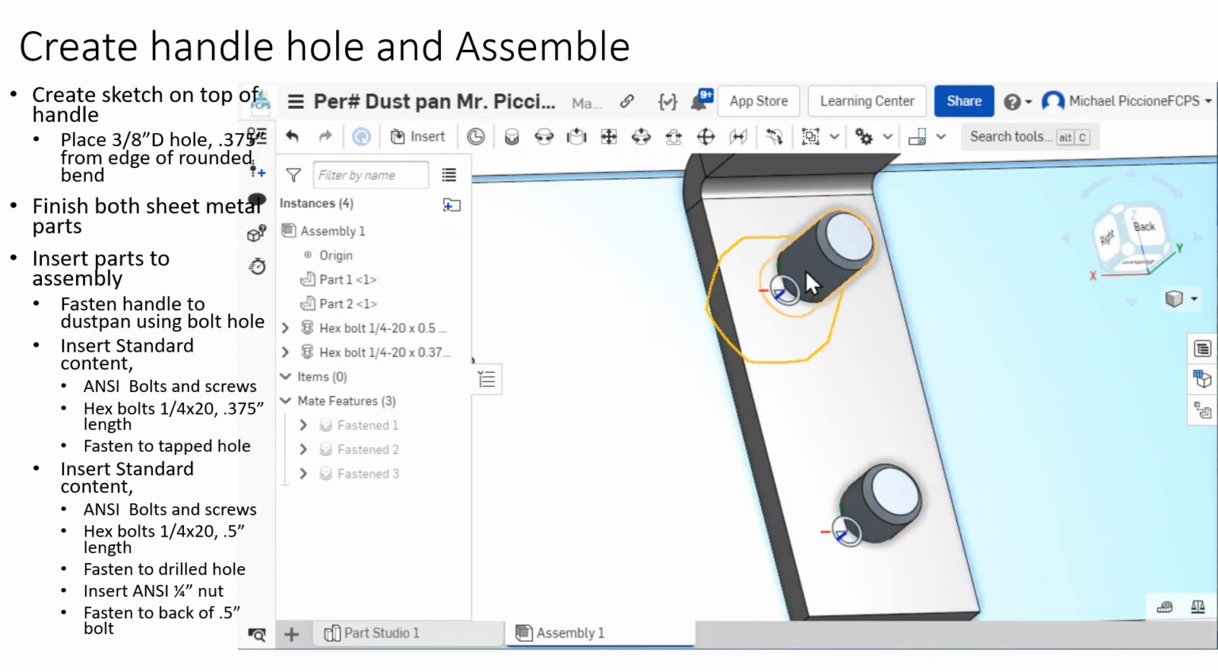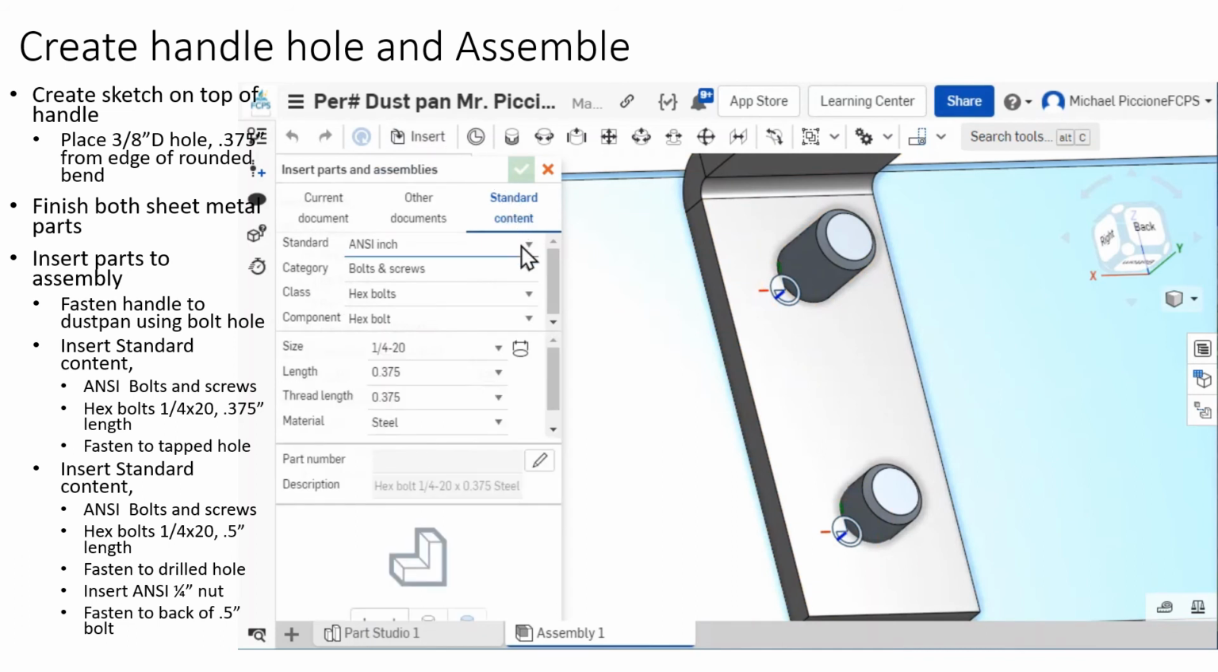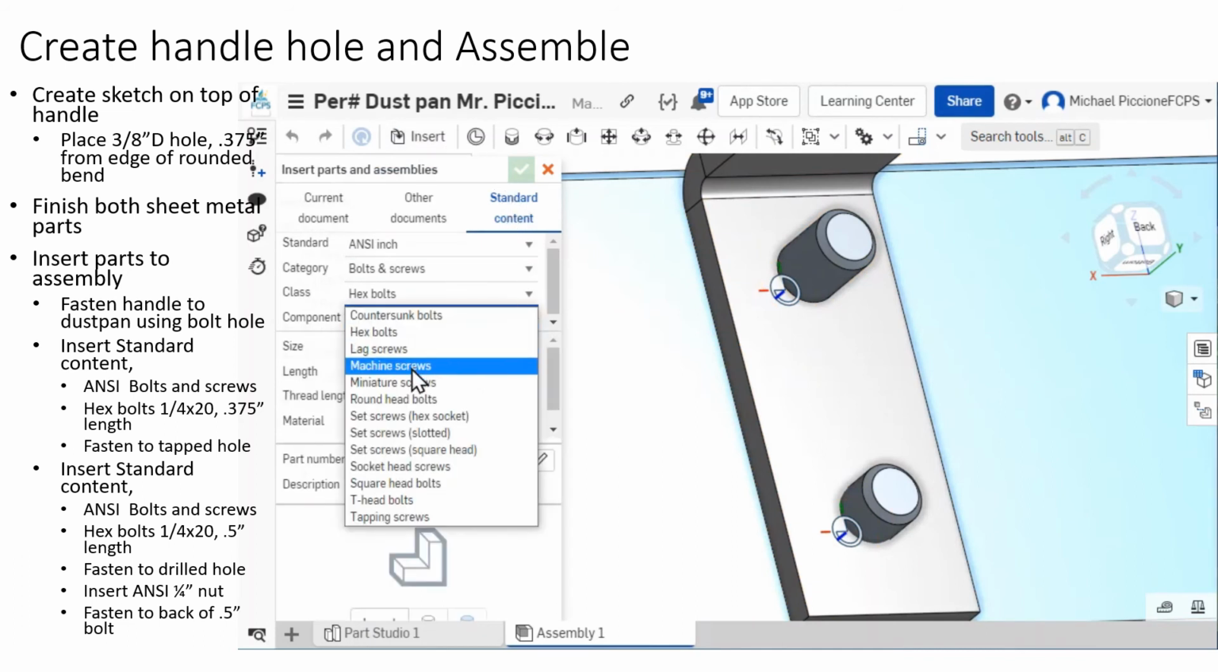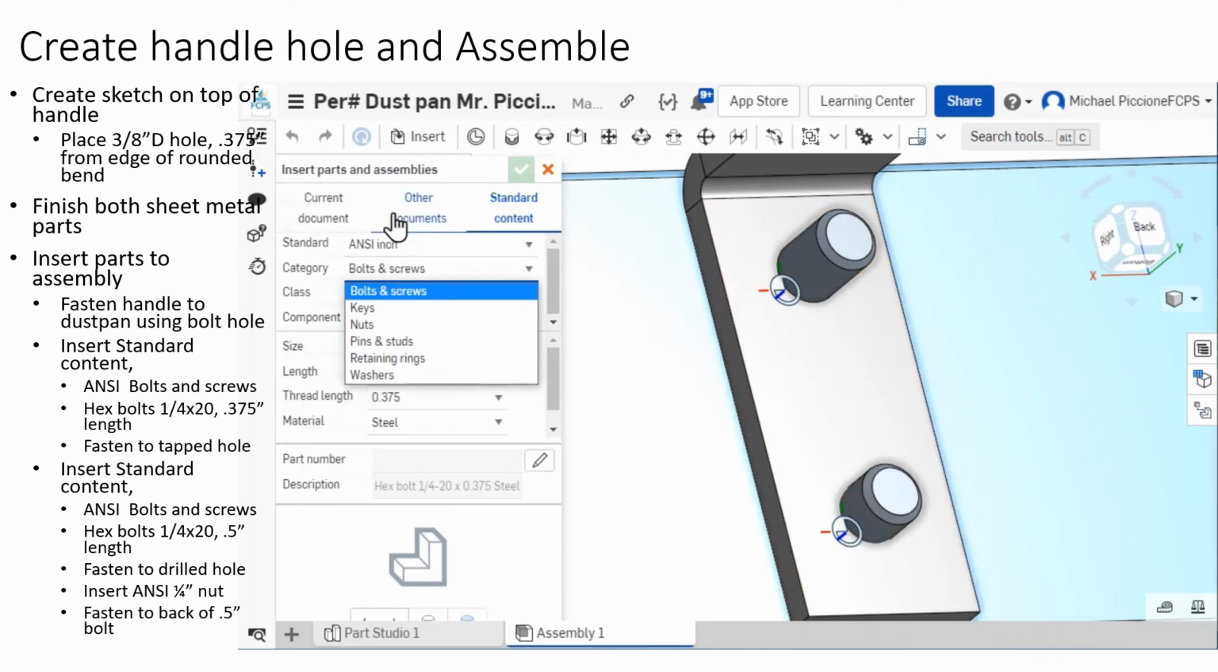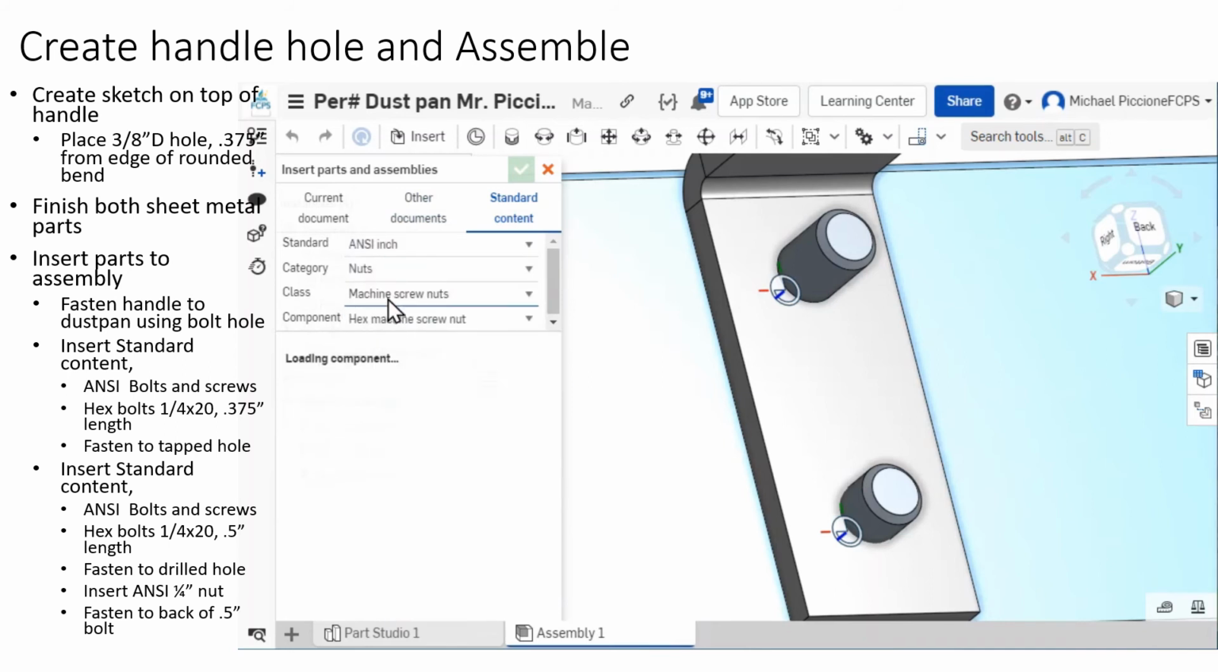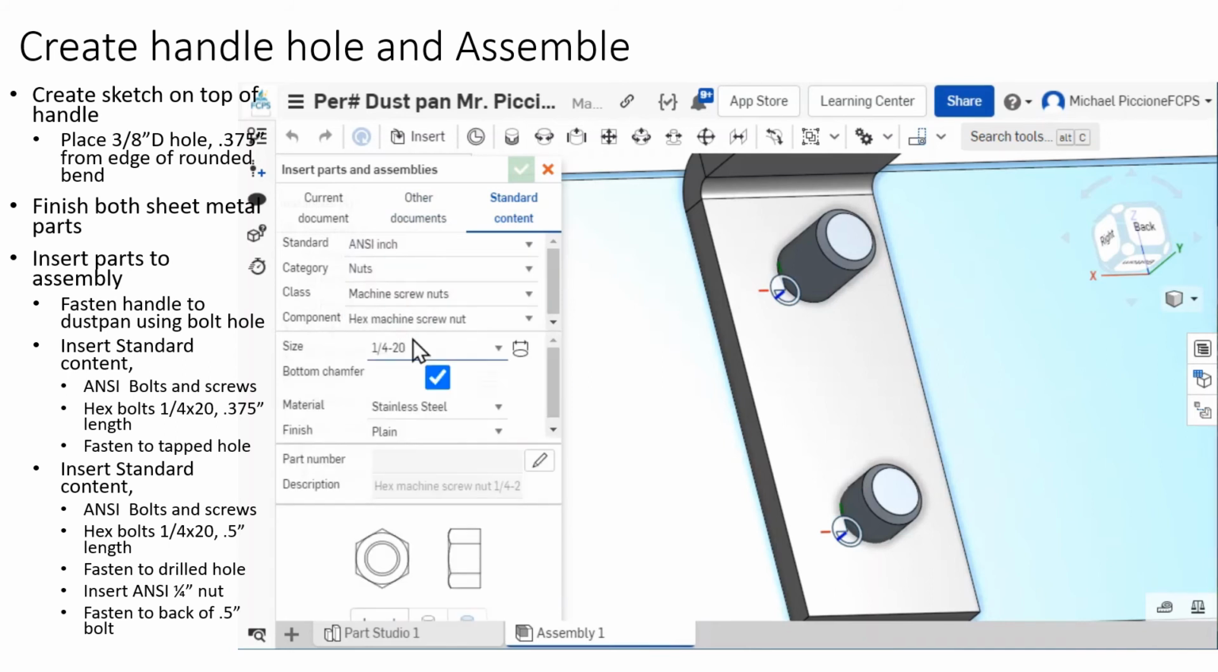On the other hole, we're just going to drill a 0.25 diameter hole, put in a 1/4 inch bolt, and then insert a nut on it, which will use a standard 1/4 inch nut. So now we can say insert standard content, ANSI inch. Instead of bolts and screws, we want nuts. Machine screw nuts, hex, 1/4 by 20, insert,